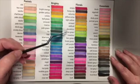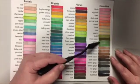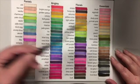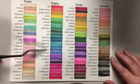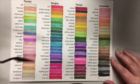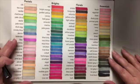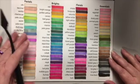There's a few in here like the yellow, green, and meadow that are very similar. The willow and bamboo are extremely close to each other. The other ones, that true blue and cobalt, seem similar to each other. I don't know if they would change more on a different paper, but like I said, this was a cardstock,